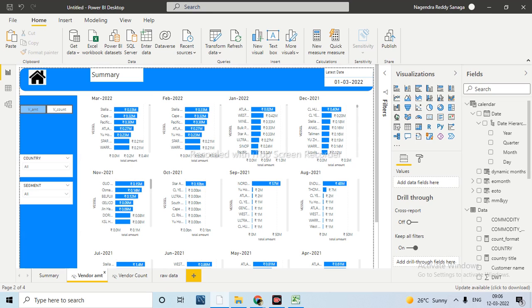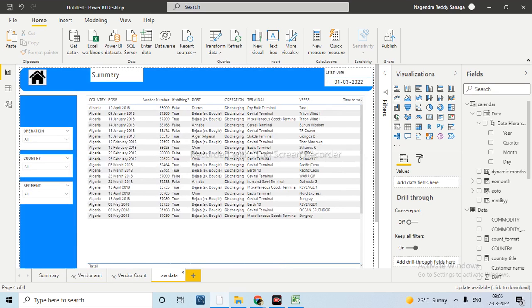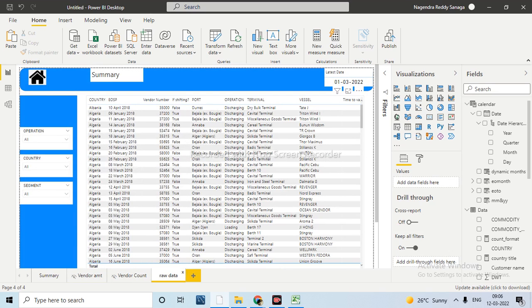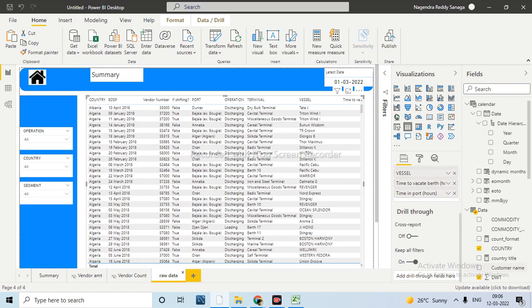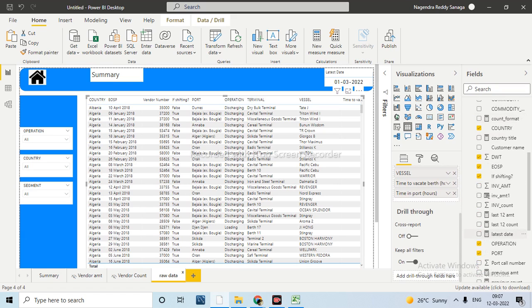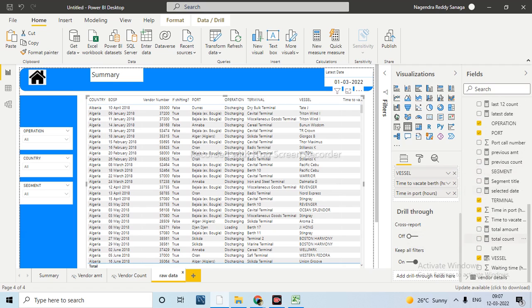Now here, for example, if I want to filter the raw data for March for this particular user, you can directly click here and right click, perform drill through, and then automatically this information will be filtered out. Let me take, in this particular report, I want to have this drill through. Here we have drill through fields, right? You can pass the vendor name, because wherever we have the vendor, we can filter that particular information. The vessel as well, I am passing this info.